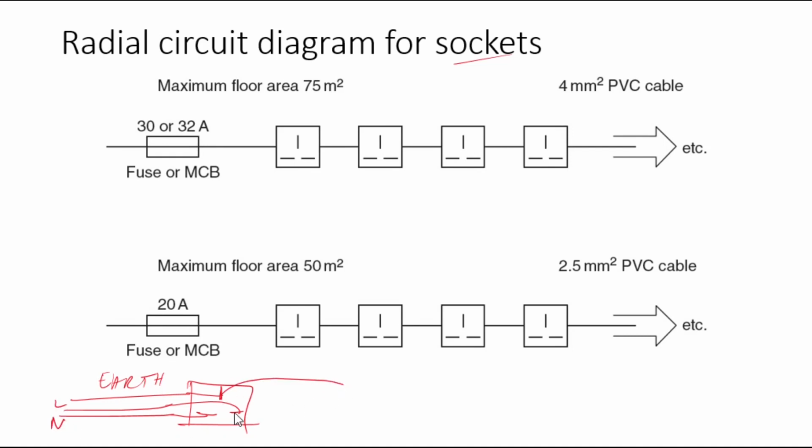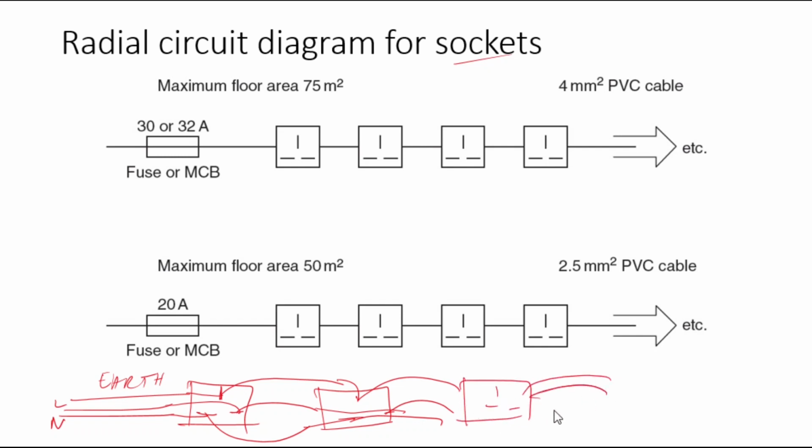Then from here, they are connected to the next socket. So you have there, and there, and so on and so forth. So you essentially have wiring looping from one socket to the other,